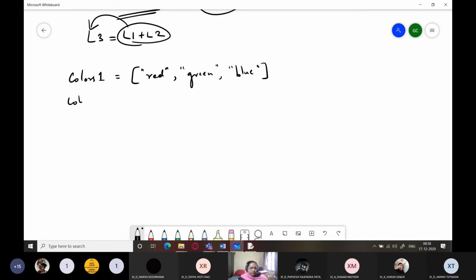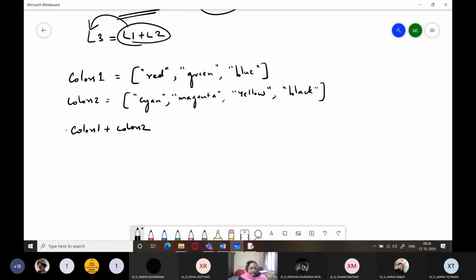And colors2 is cyan, magenta, yellow, and black. If I write colors1 plus colors2 simply at the primary prompt, I have written this and pressed enter. So what answer will I get?